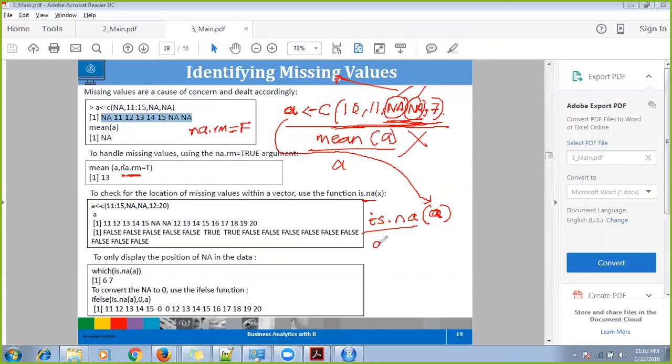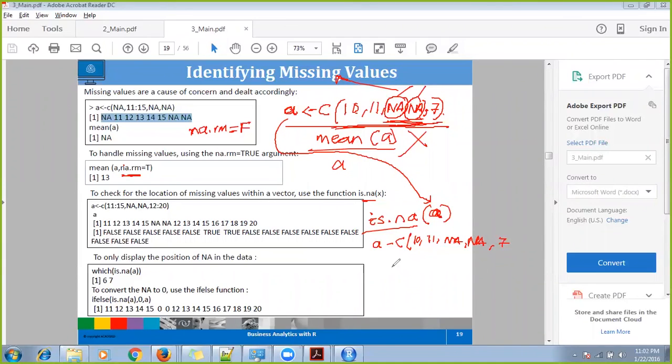So A was c of 10, 11, NA, NA, and 7, right?